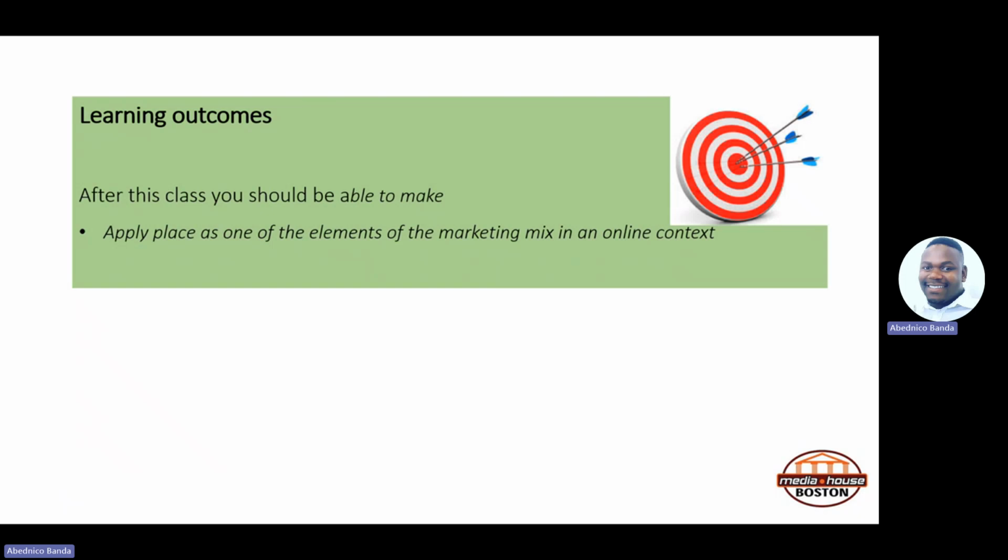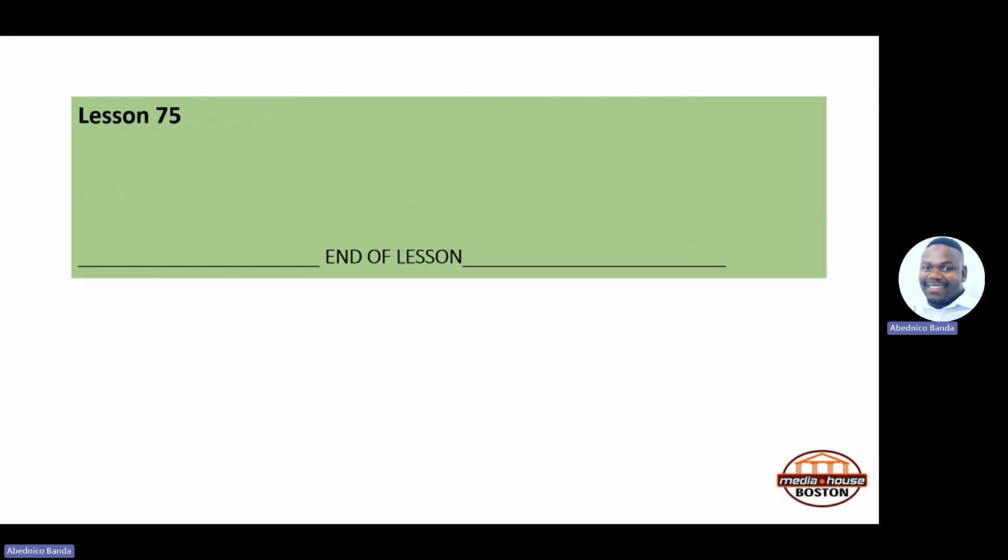If you are targeting old people at homes, you might consider doing your business entirely offline. But you must also have in mind that those old people have kids who are online, who can always get products for them. So to some extent, it is crucial to actually be online. But I know that there are some organizations who are not bothered at all to be online. So that's it for lesson 75. We are then going to move on to lessons 76 and 77, because it is a combined lesson.